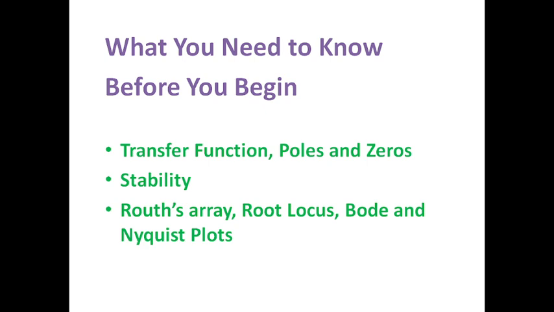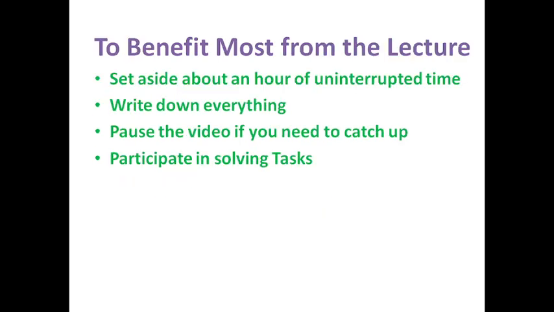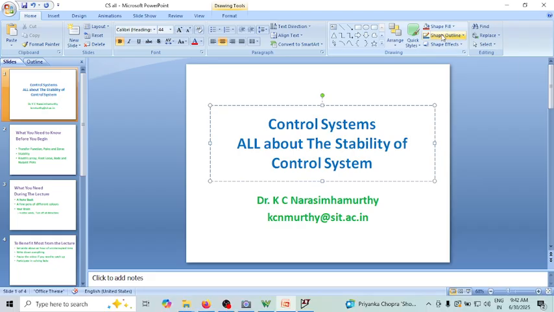For that we should know transfer function, poles and zeros. What is stability? How do we write the Routh array? What is root locus, Bode plot, and Nyquist? Of course, these are the prerequisites. Fine. Let us